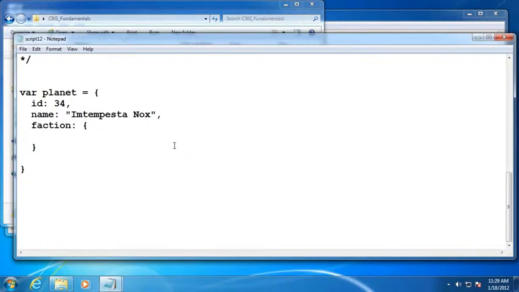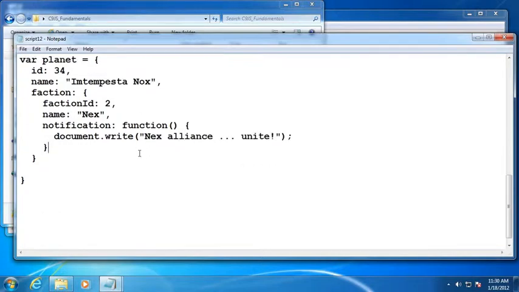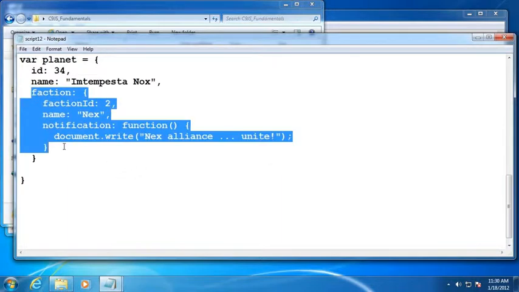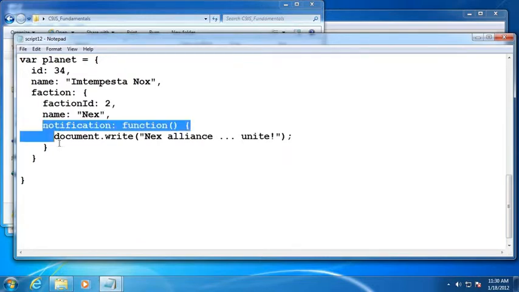I can simply do it like this. Awesome. Okay. So here we have an object literal complete with 2 properties and 1 method,